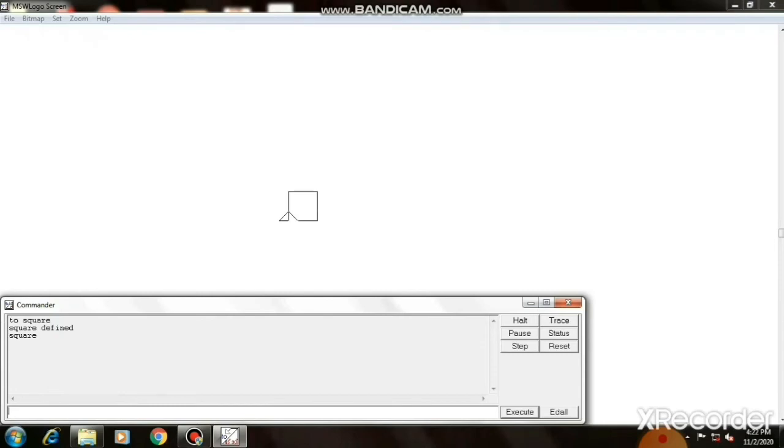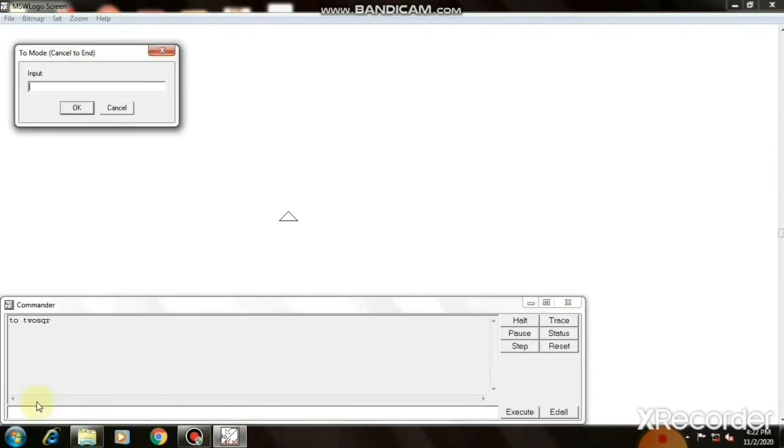Now I am going to show you how you can use this square procedure name in another procedure. For that, to draw two squares, I am creating one more procedure, TO 2SQUARE. In the input box, type the first procedure name, SQUARE, and then I am giving only a little bit of space.